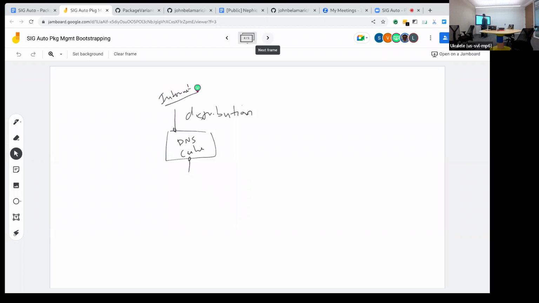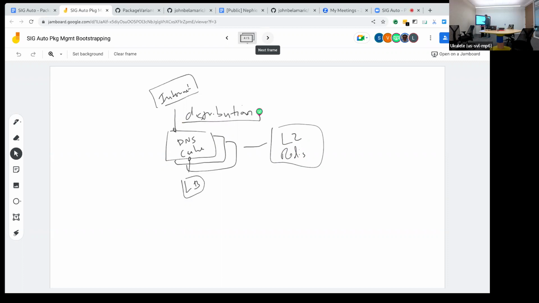Or it could be a bit of internal DNS and all this stuff, but we're not going to worry about any of that. So very simple. Maybe in a more sophisticated one, this DNS cache consists of many individual processes, and you have some sort of load balancer, and maybe you have some sort of L2 shared Redis cache. This would be a pretty sophisticated one. So this would be in the distribution layer.